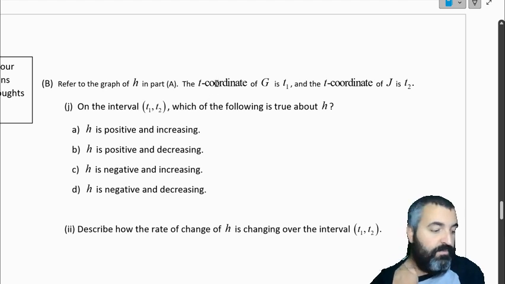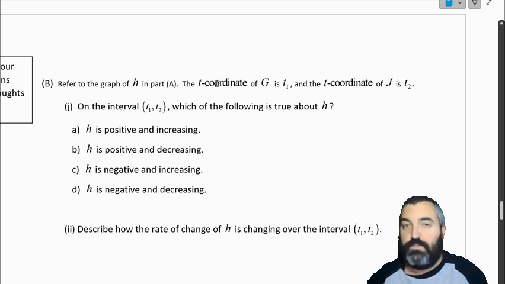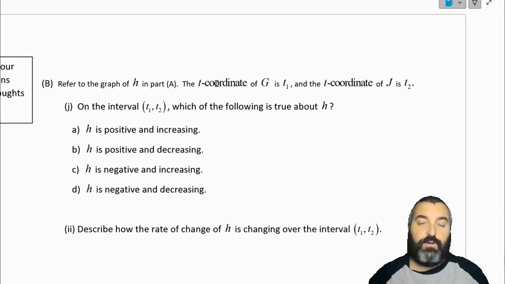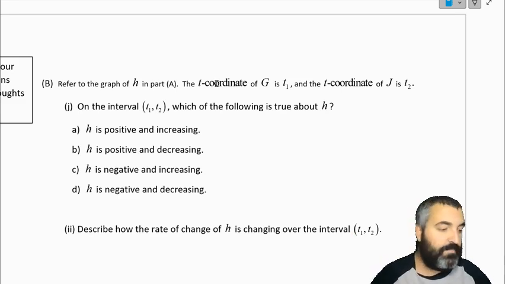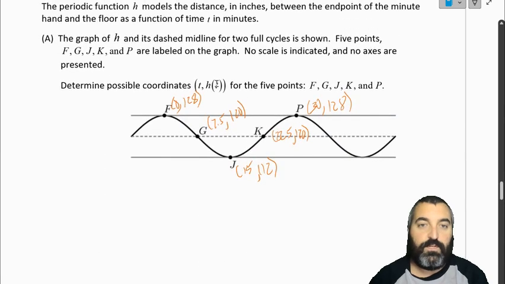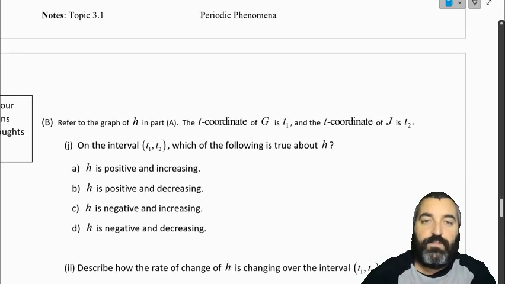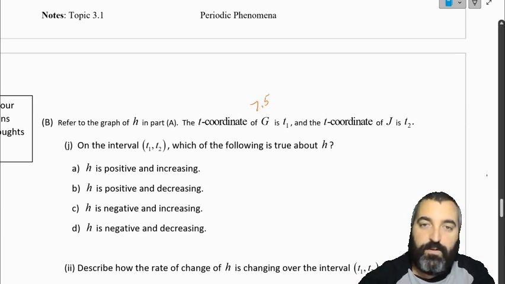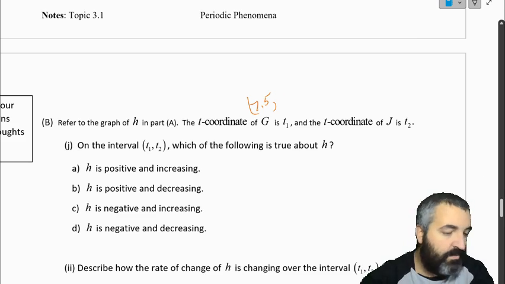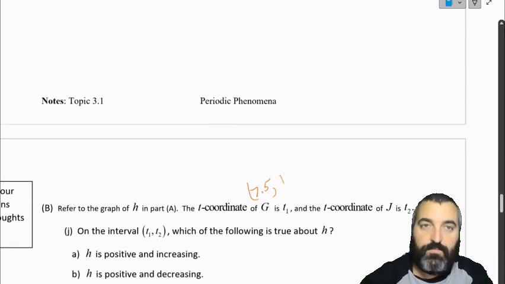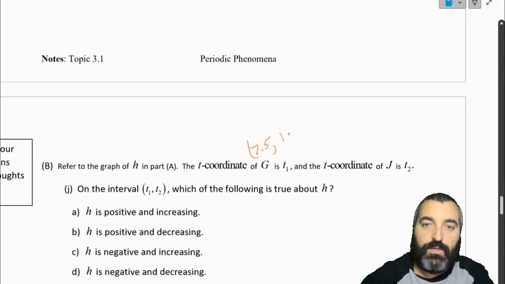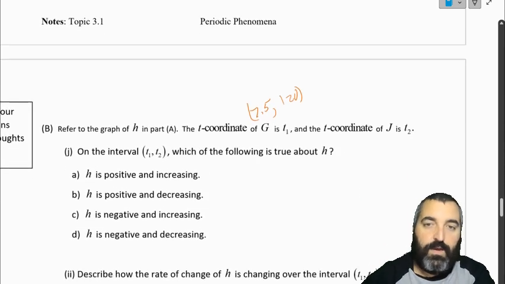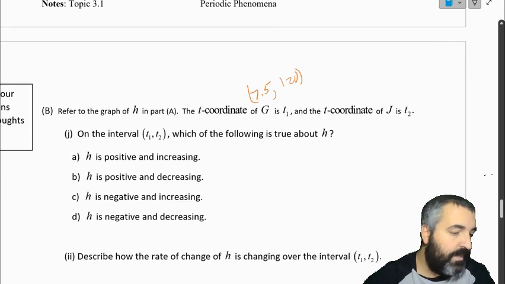And this is going to use your answers for what you did in part A. So it wants the t coordinate of G, which we're just going to rewrite so I don't have to scroll up too often. So it's 7.5 comma 112. Just kidding, 120. Yeah, that's G. Is T1 and